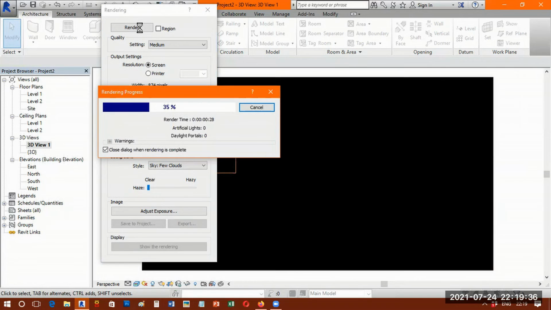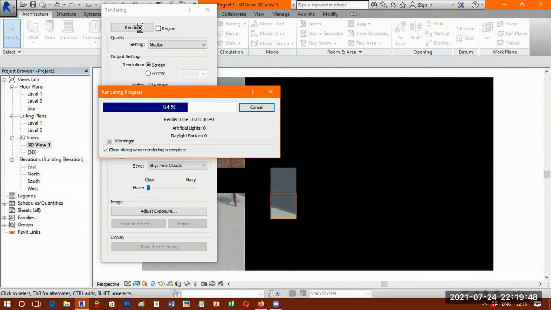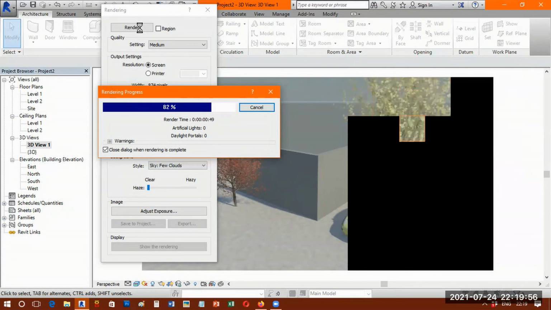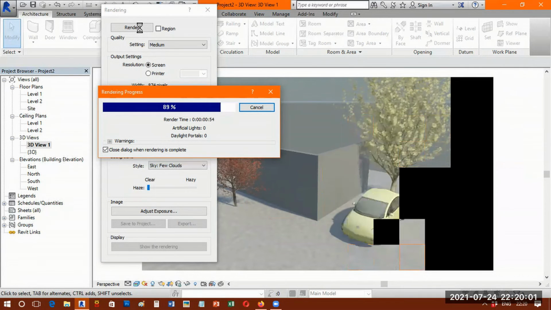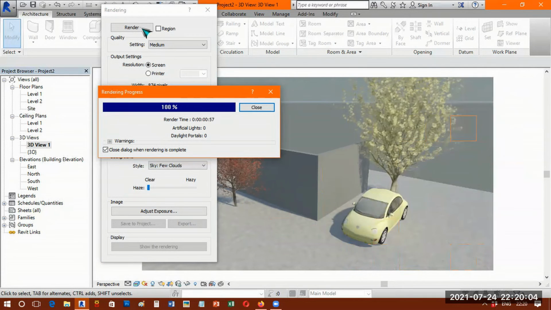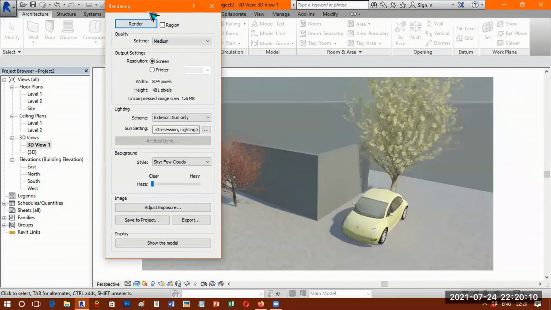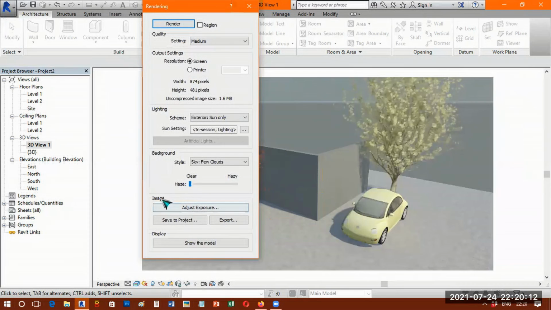Once it is finished, you can save into different formats, either save in this Revit file or as an external file, so that you can email it to your customer or WhatsApp it to your customer. If you still want adjusting of the brightness, color, contrast, or any image modifications, you can do that using some other external software. Now rendering is complete. Please note, after this process gets over, we have two more options here. In this image now, you can see save to project and next is export.